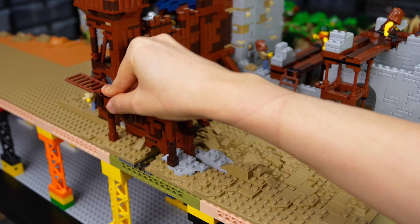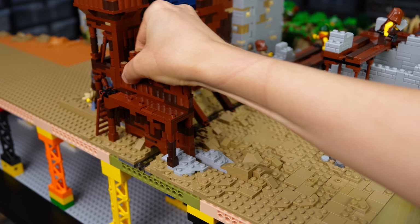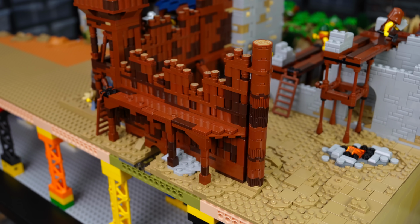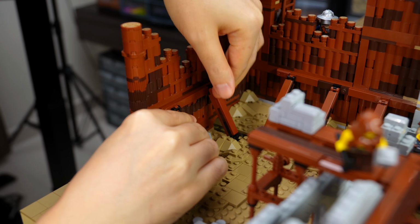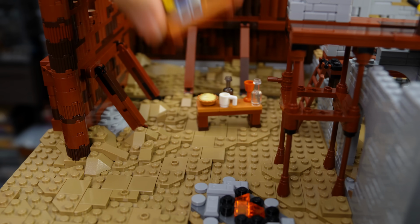These builders need somewhere to rest and eat. We will build them a camp for that purpose. But I need to place the palisade wall first, since this area will be difficult to access afterwards. I will only build half of it now, since I want the next section to be built at an angle to avoid making the camp area look squeezed, which means I will need to expand the diorama first in the